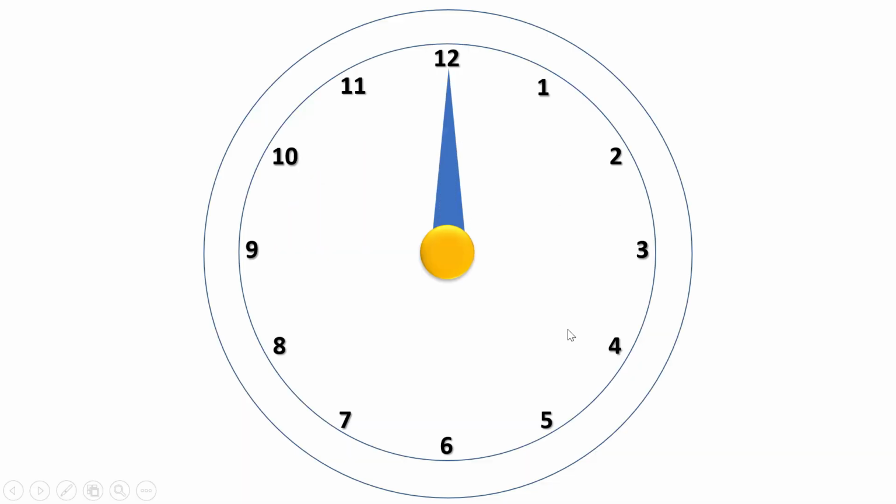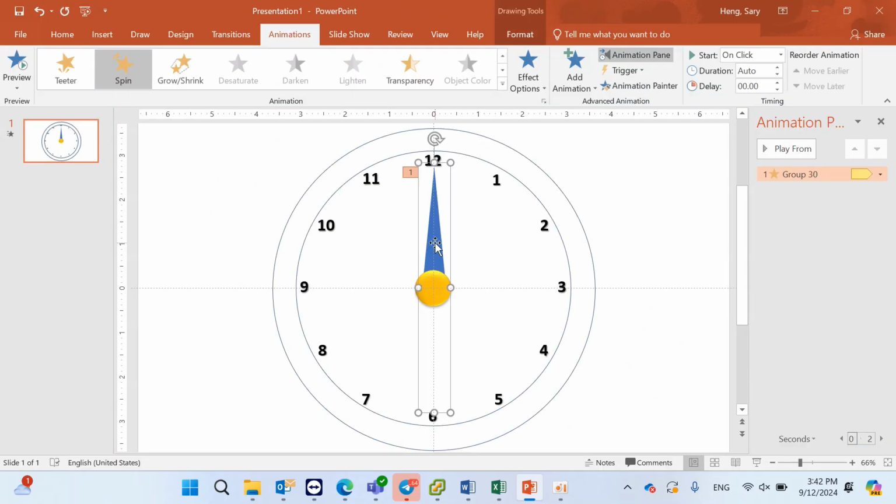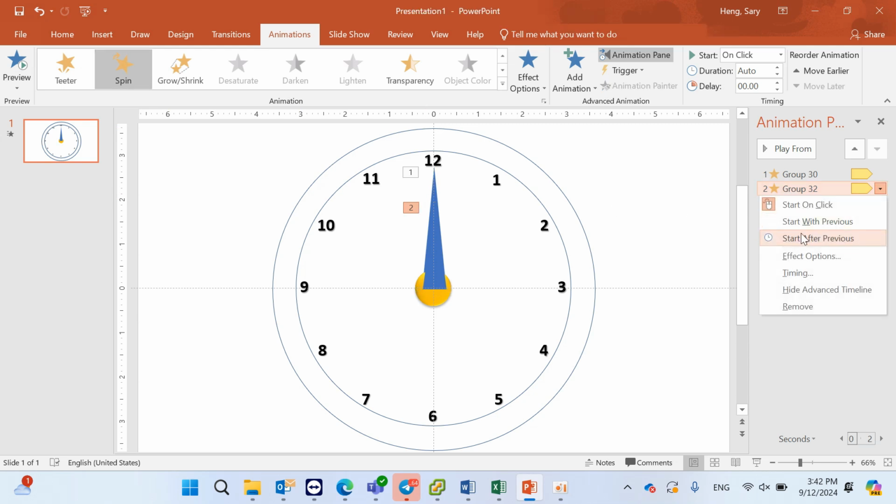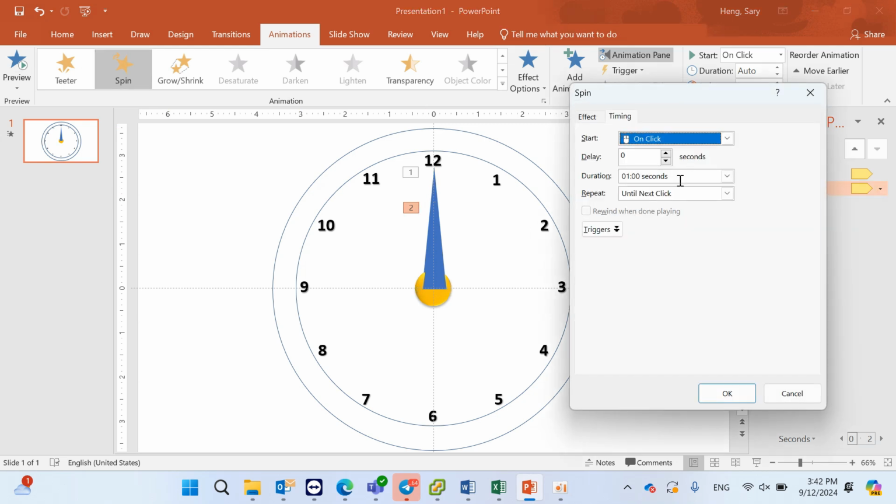so we just click a bit and then it will go like this, escape, and I need one more, Ctrl C and Ctrl V, and this one I make a bit smaller, because this is the second and this is the minute, just put it in the middle too, and animation I need a spin too, but for this one, for timing I set it to